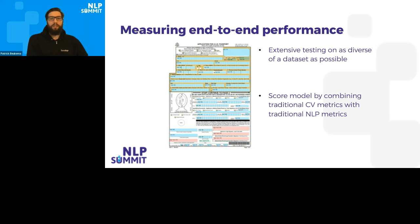Because it's a combination of CV and NLP, we do use a hybrid scoring metric that combines traditional measures like MAP and F1, but that doesn't get us all of the way there. You can imagine that the user doesn't really care what the mean average precision is across 0.5 IOU to 0.95 IOU, right? So what we've attempted to do is to match what we think humans care about using the combination of these metrics in a specific way, such that we can score the model in the way that we think a human would